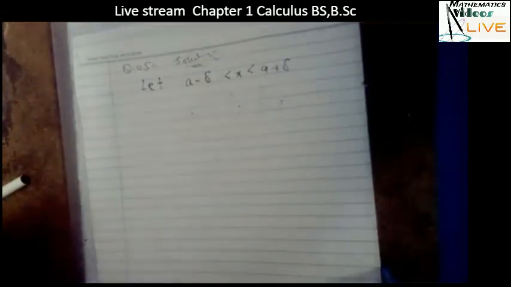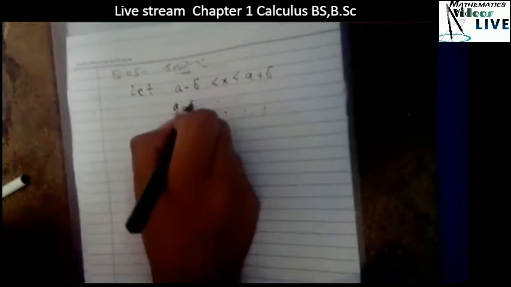Question number 5 solution. Let a minus delta be less than x, which is less than a plus delta. From this,